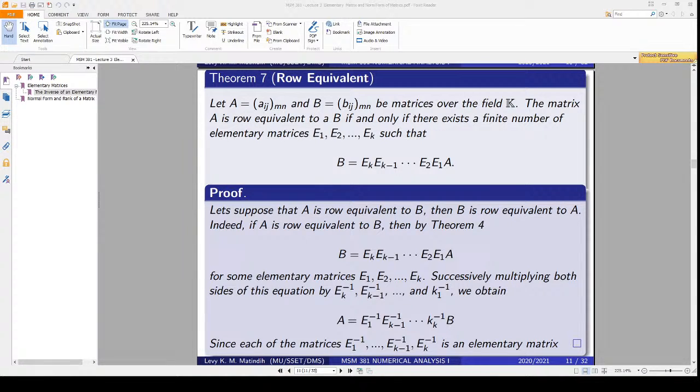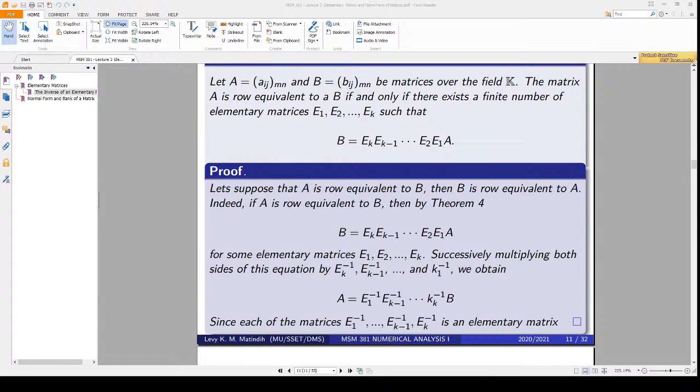In this proof, which I'm going to construct, we are going to say, suppose this matrix A is row equivalent to matrix B. Now, if matrix A is row equivalent to matrix B, then matrix B is row equivalent to matrix A. Remember, if you obtain matrix B from matrix A by applying an elementary row operation on matrix A, then B is row equivalent to matrix A. Moreover, you can also reverse this operation, which will mean matrix A will also be row equivalent to matrix B. Now, if this is the case,